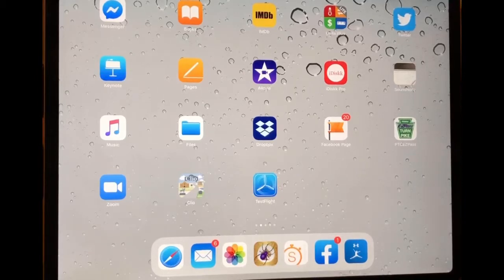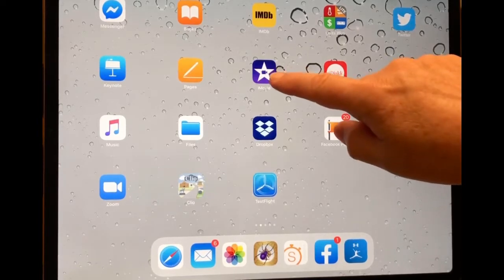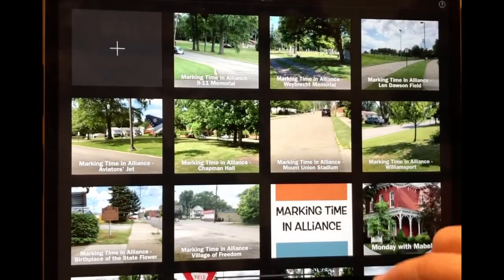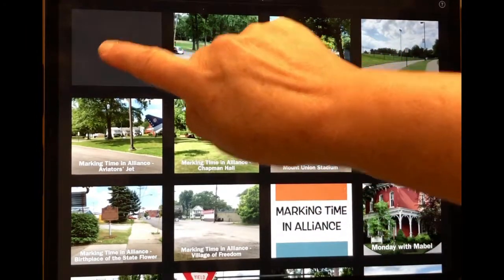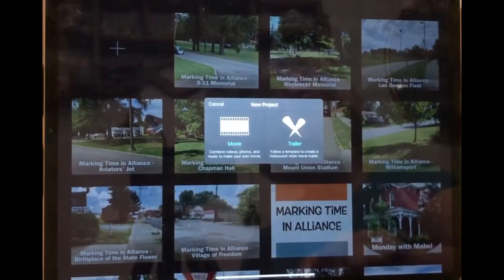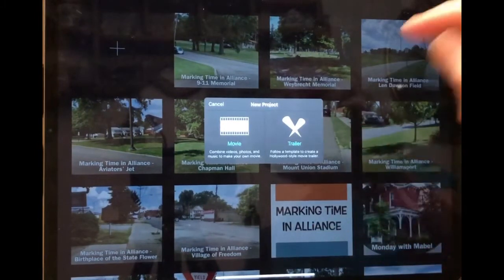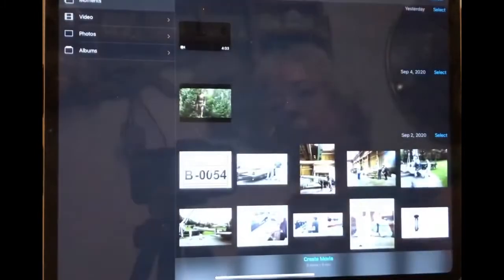Alright, what I'm going to try to show you here are a few of the editing features of iMovie. Starting with the iMovie icon, we'll just click that. On the first screen, we'll choose the plus sign, and that allows us to create a movie or a trailer. So we're going to choose a movie. And for a movie, it asks you to select some video and some photos to go along with this to